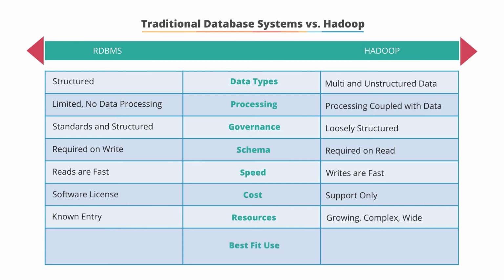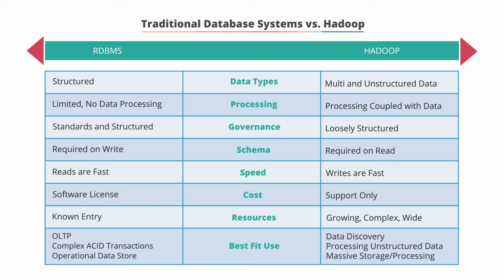On RDBMS, the best fit use is for things like online transaction processing, complex ACID transactions, and operational data stores. On Hadoop, the best fit is data discovery, processing large or small amounts of unstructured data, and massive storage and